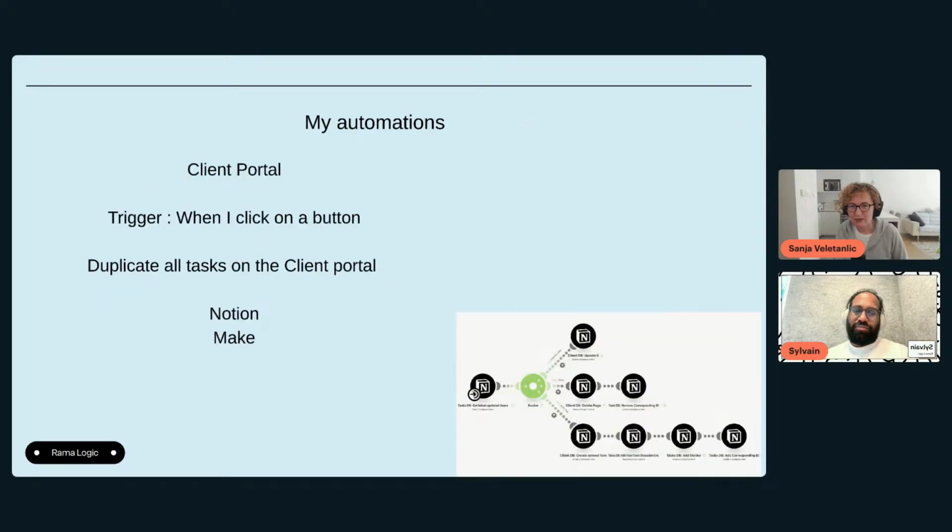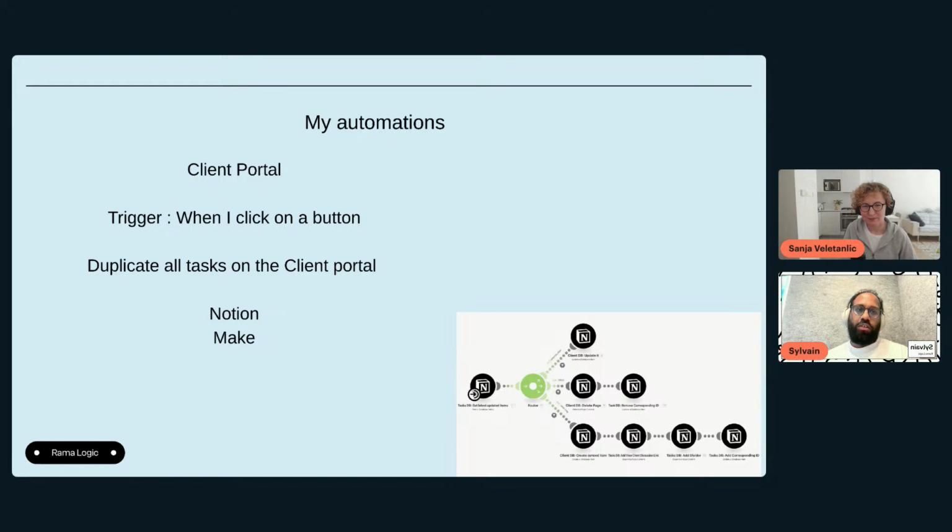Okay, so next, you also prepared an example of your client portal. Now, that's a big thing, and I do want to know more about it. What is it? Explain it to me like I've never used Notion before. So, as you know, Notion has some limitations. Notion has a specific feature called a database, so you can create a database. Today, if you want to share a specific view of the database, you share the whole database.